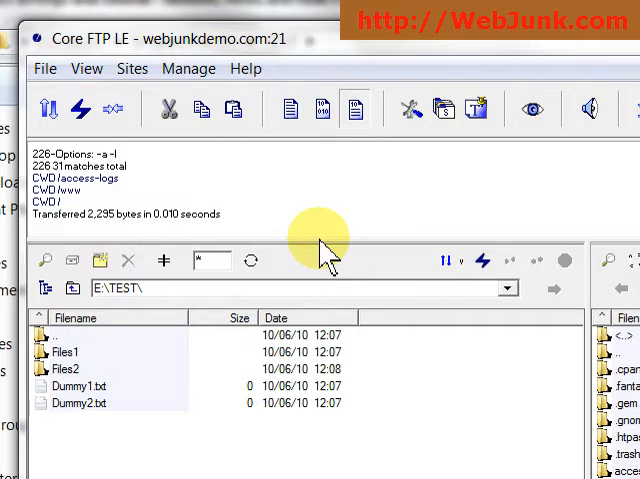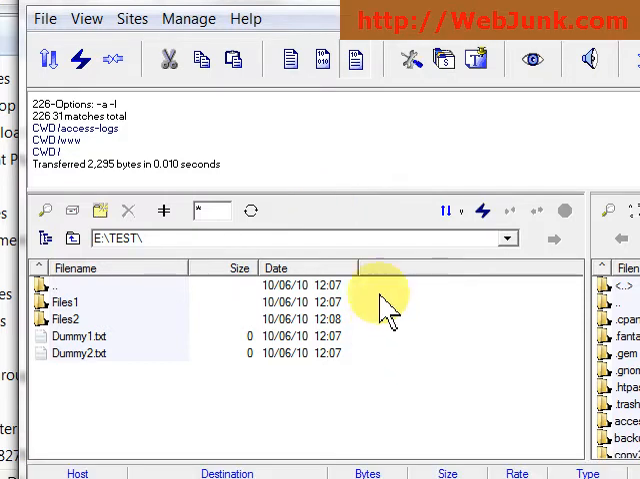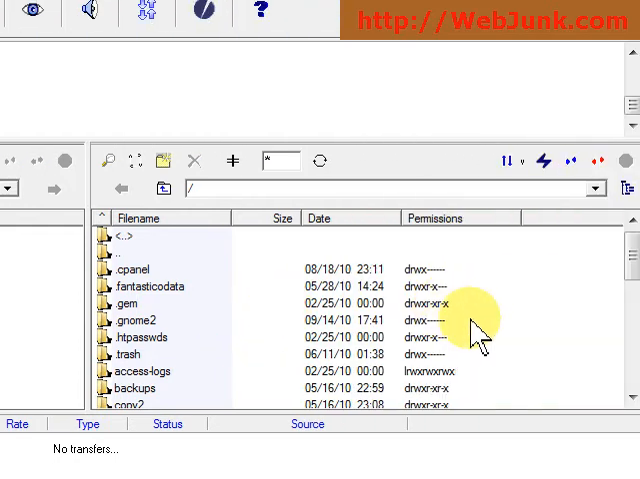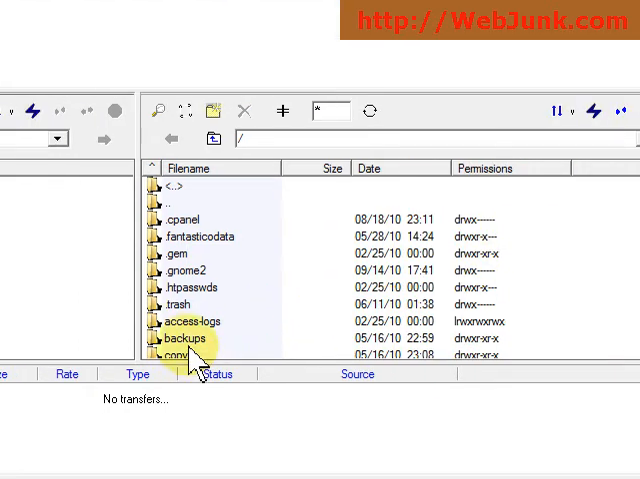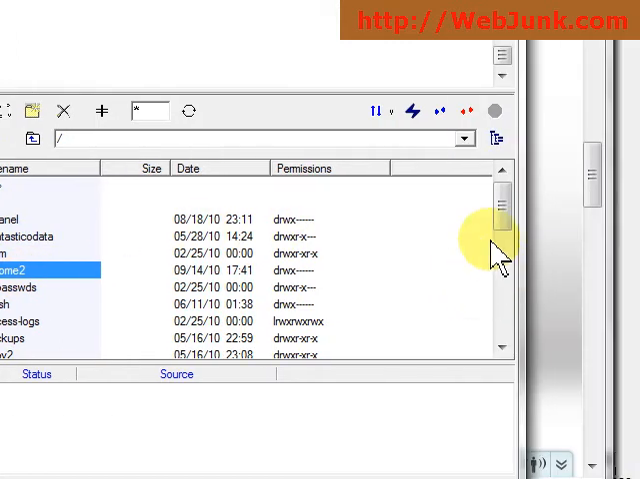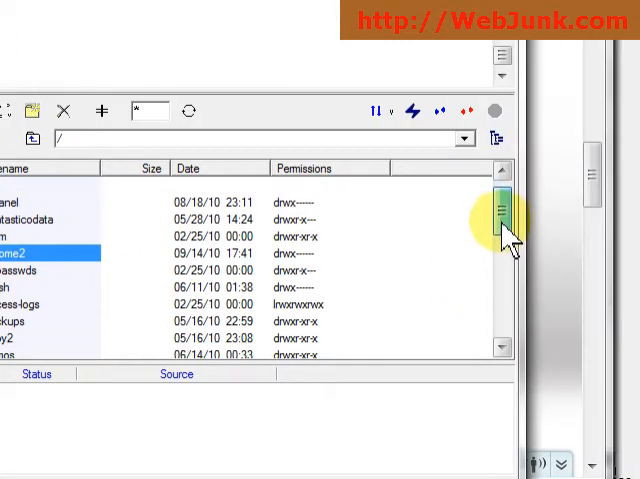webjunk.com, and today we're going over Core FTP, and actually this applies to other FTP clients, but how to use it to copy only specific files. Now we're already connected here, and we're looking at a directory, but you don't usually want to just dump anywhere. So what you're going to want to do is scroll,